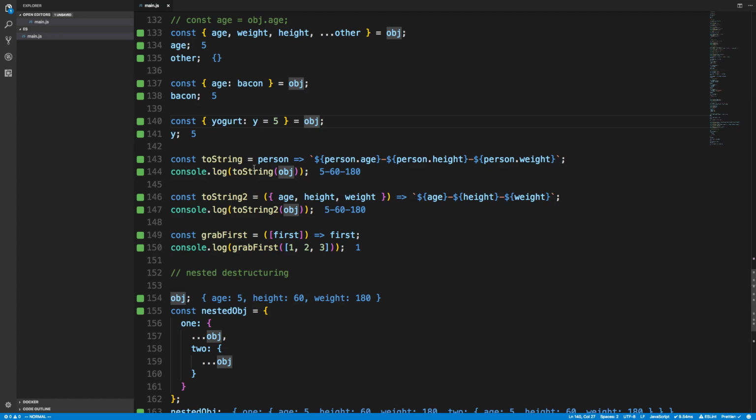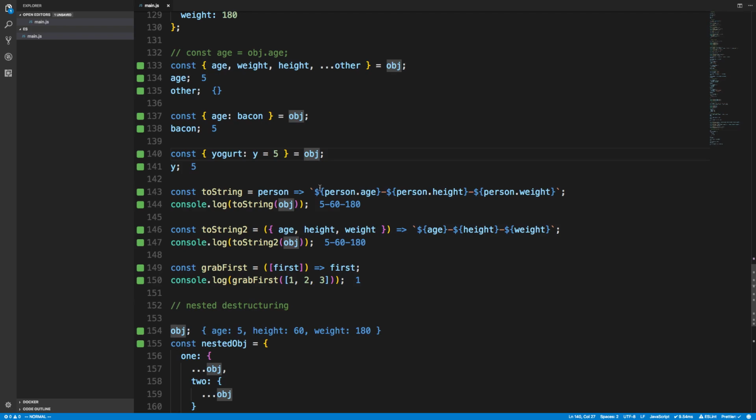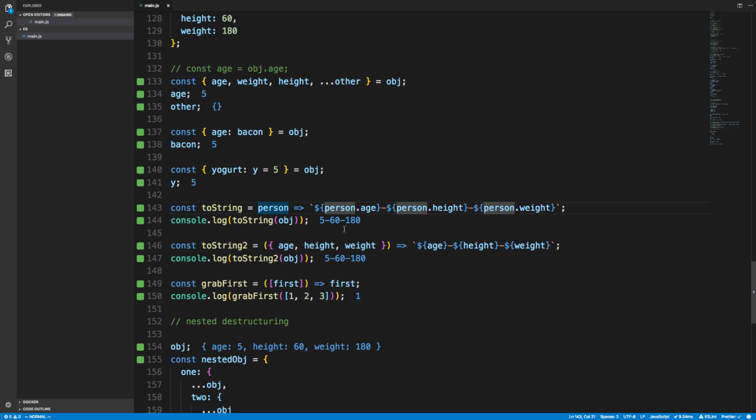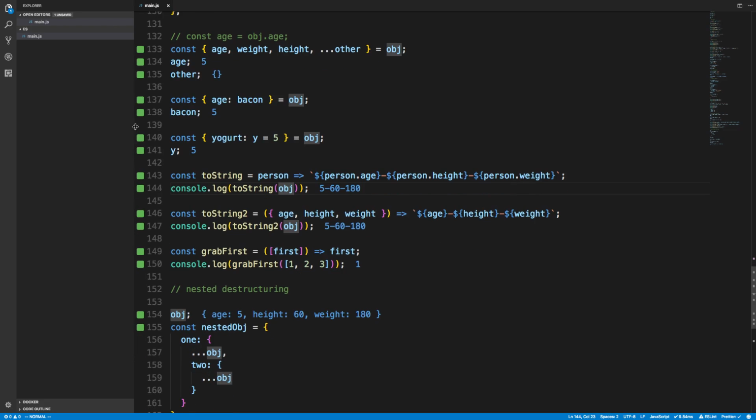So here's how you might write a toString function for an object. Here's my person object, the same dude we have up here. And I'm passing an object, and it outputs 5-60-180. So here we're using the template. We're saying person.age, person.height, person.weight, right? So we're grabbing each property and displaying it here. But we could destructure it like we're doing here. Now notice we don't say const out in front when we're doing this. So this is toString2. Notice how we're getting the same value from our object,